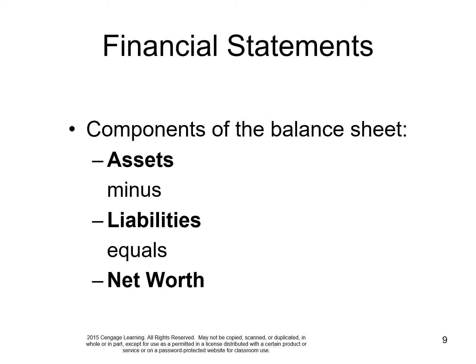And then you have your liabilities. That's money that you owe. If you owe money on a vehicle, if you owe money on student loans, whatever you owe, whatever you have a debt on, those are your liabilities. So to get your net worth, you take all of your assets, everything that you own, you subtract your liabilities, everything that you owe, and that number gives you a net worth. It's not uncommon for college students to have a negative net worth, and there's a word for that. It's called insolvent, and that is one of your key terms for this chapter.